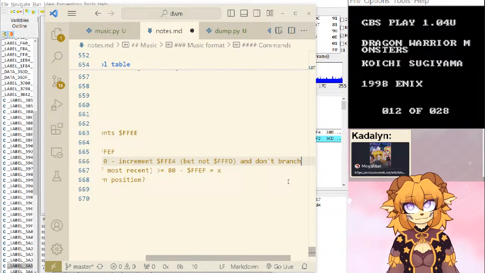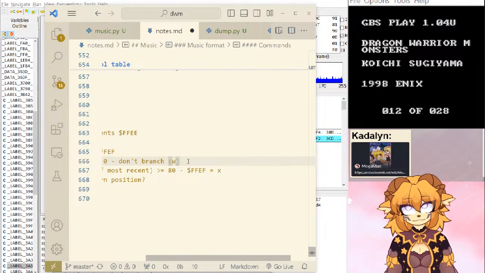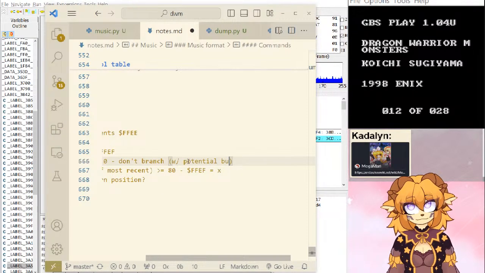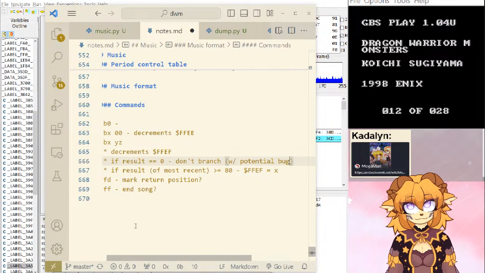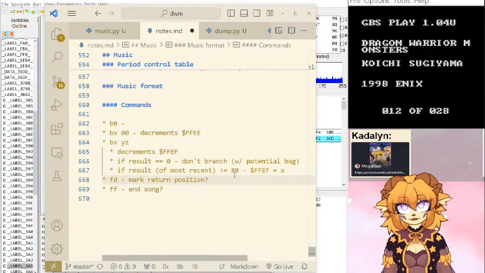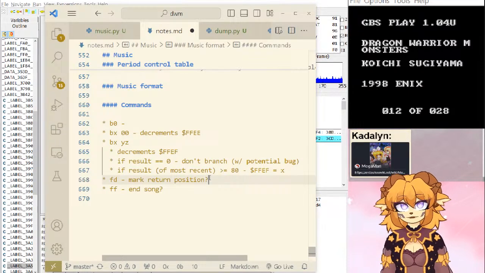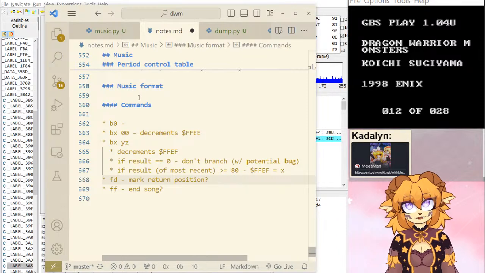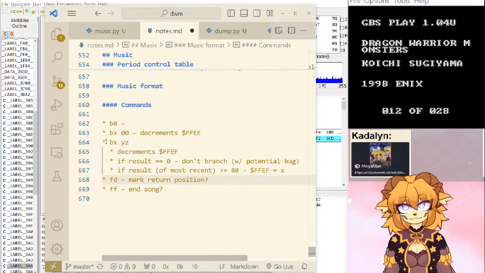Oh, that's why it increments FFE4. Okay. This could accidentally loop music. I guess they just never ran into it, so they didn't need to fix it, which is fine. It's fine. As long as you test it.